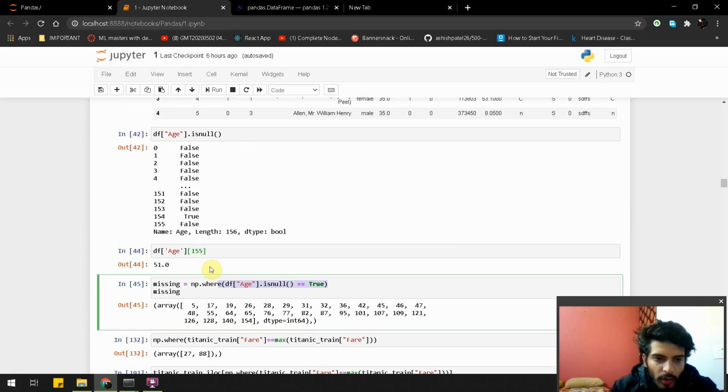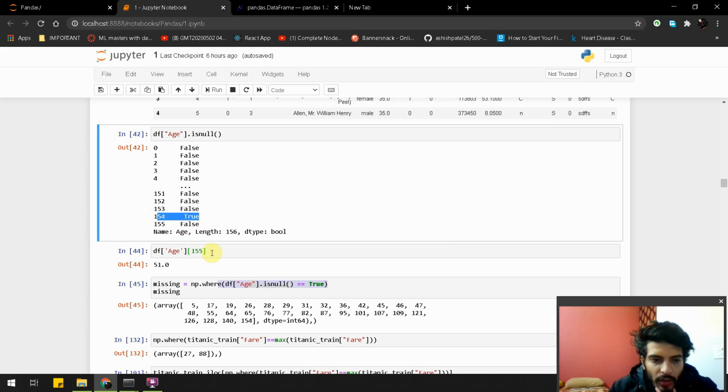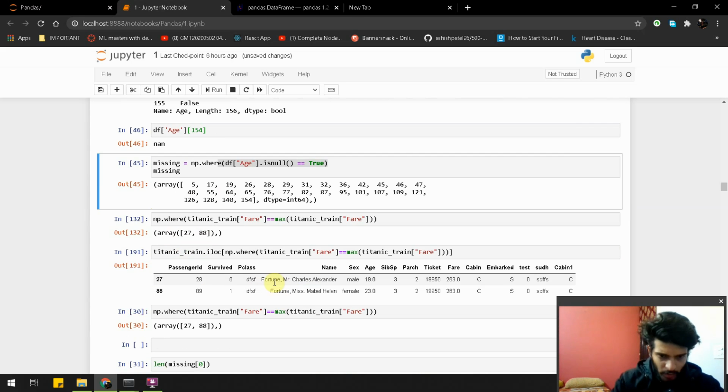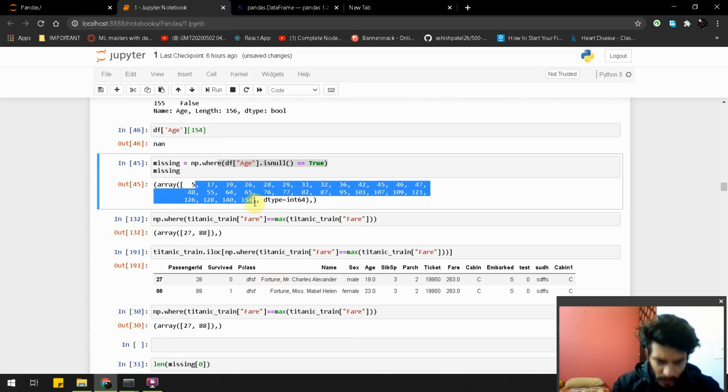As you can guess, there is 154 and there is a true value, which is a null value. So now you can see these are the indexes which have null age values.